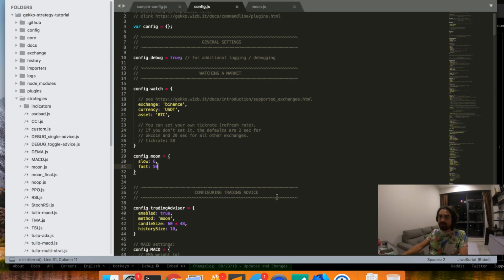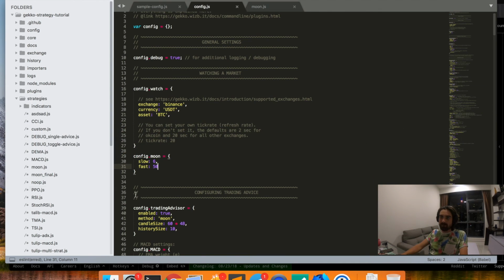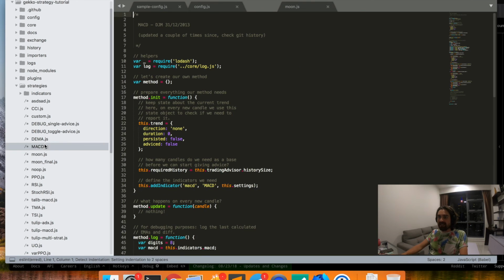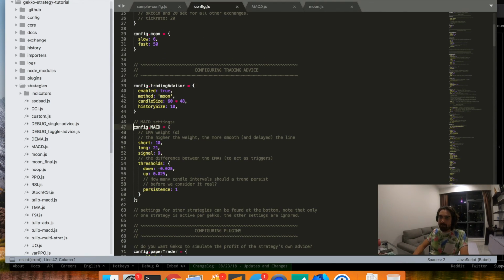And to give a practical example, Gecko comes with some default strategies. So if you have a look at the MACD one, we can see that it also uses settings, which are defined right here, config.macd. So this sample strategy has the following parameters configured. It has a short, long, and signal, and these are part of the MACD indicator. And then there's thresholds,